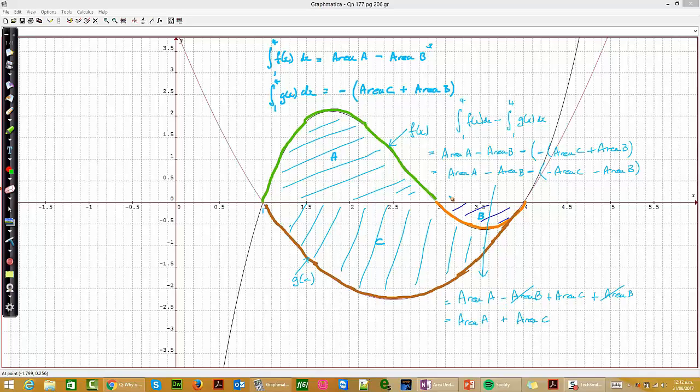So when you have an area sandwiched between two functions, the area that you're after will always be the integral between the two limits of the top function minus the definite integral between the same two limits of the bottom function. Okay, so I'm just going to summarize that on a different